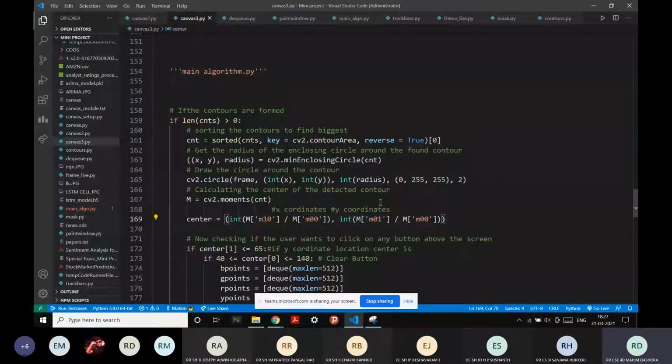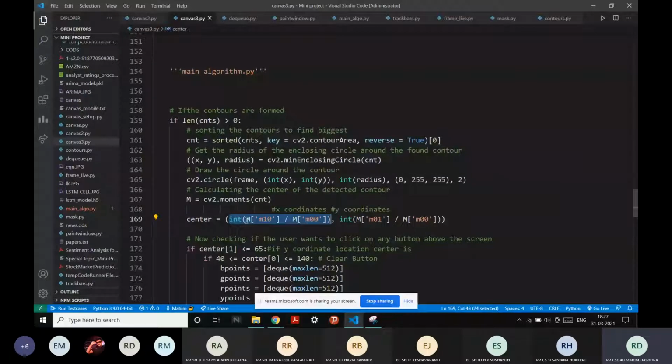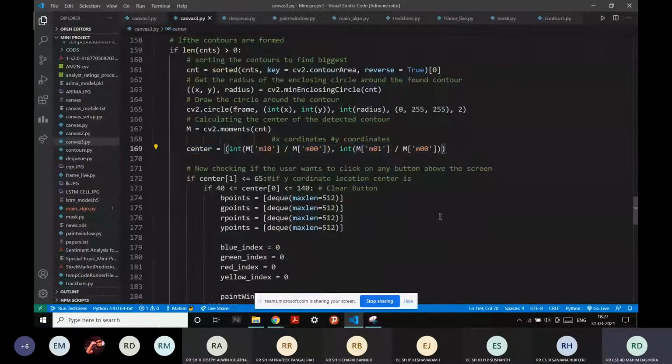I don't know, maybe the creator of OpenCV knows that. So now I've initialized the center coordinates. This stands for x coordinate, these are for y coordinates. Great. We've also created a circle, and we know the center coordinates.